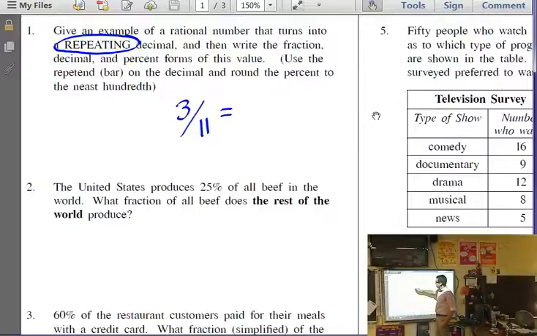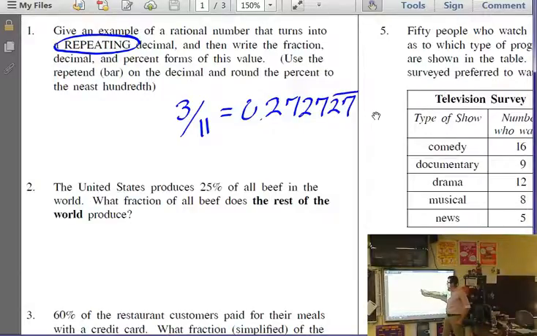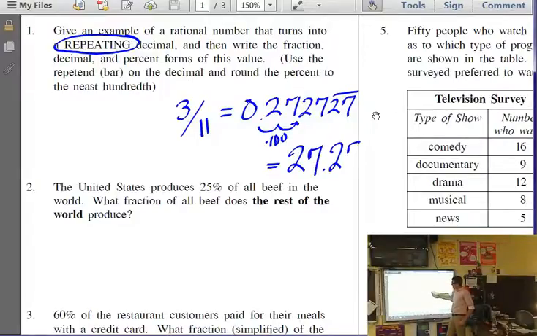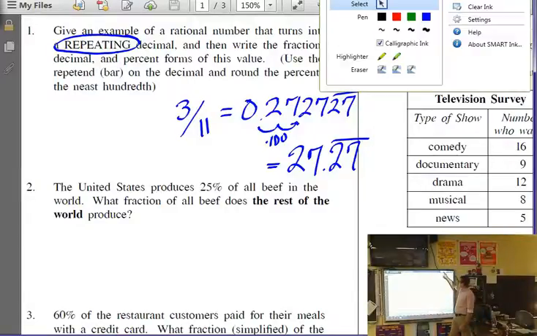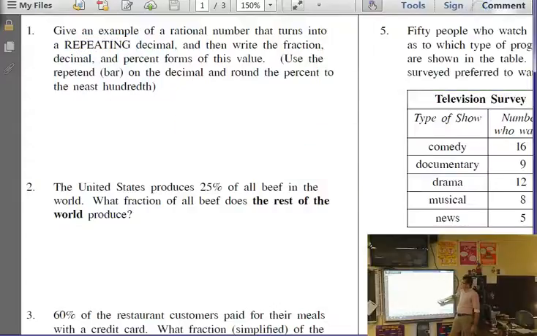So let's say if I chose 3/11, that becomes 0.27 repeating forever. So it's 27, 27, 27, 27. And actually, I'm going to go ahead and write a couple of those out. So then I have my fraction and my decimal form to convert to percent. We multiply by 100, and we find that our percent form would be 27.27 repeating forever. So there's lots of different options there. That's not the only right answer. There are many right answers there.